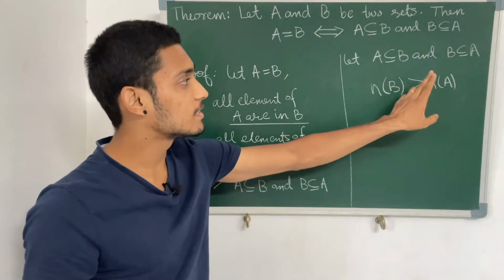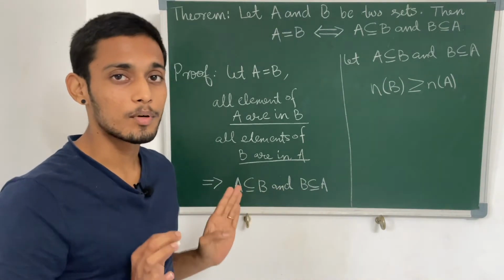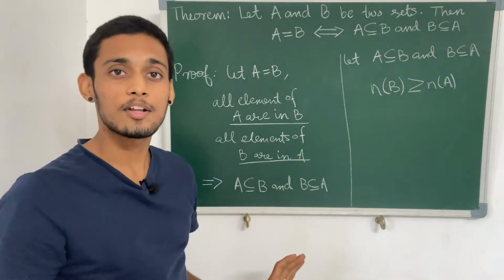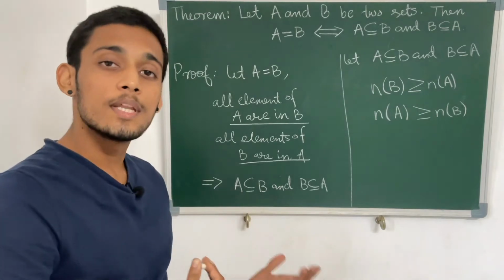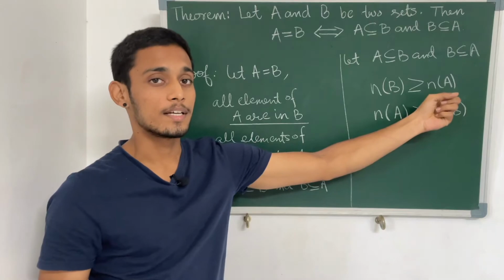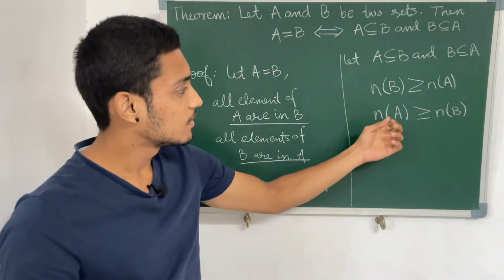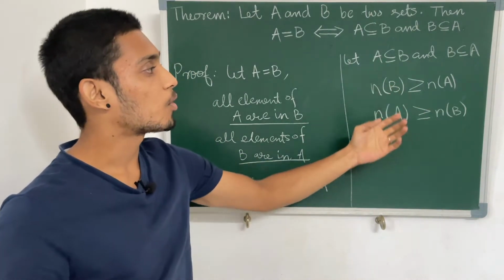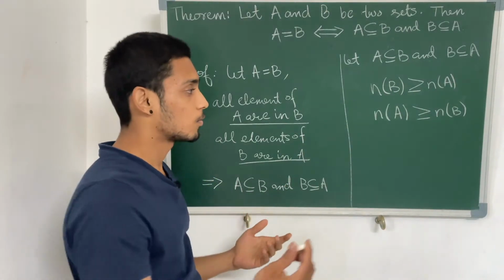We know that because A is inside B, the number of elements in A is less than or equal to the number of elements in B. So this is what we have written down. Similarly, from the other statement, with the same argument, we can say the reverse. We know that if a quantity is greater than or equal to another quantity and the reverse is also true, then it basically means that those two quantities are equal. It is not possible that one of them is more than the other. The strict inequality cannot hold.